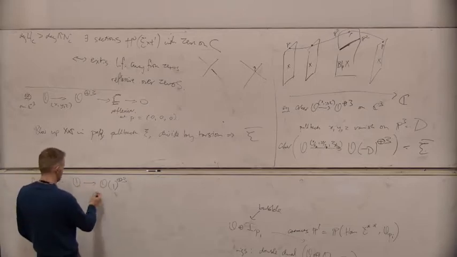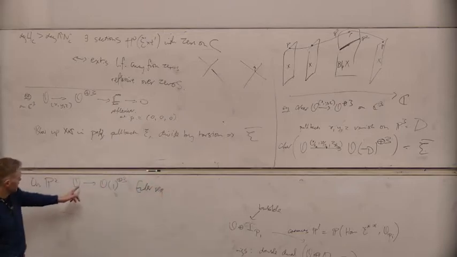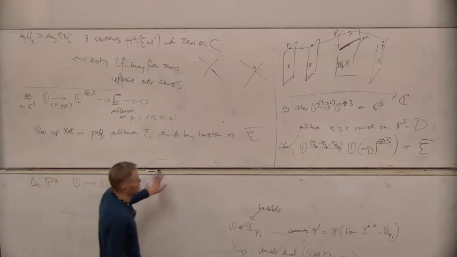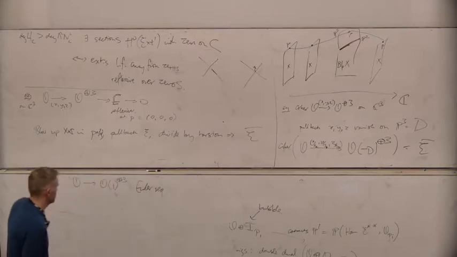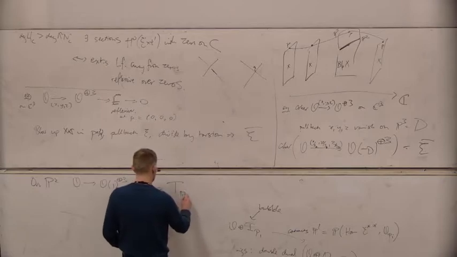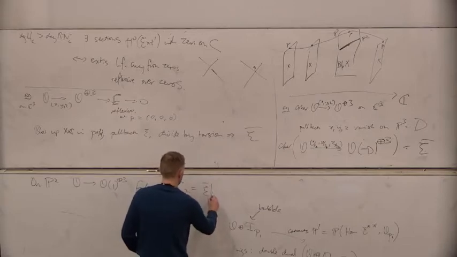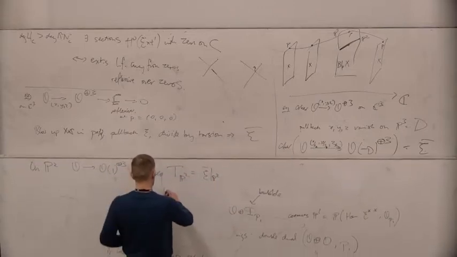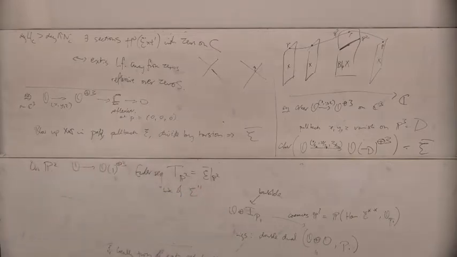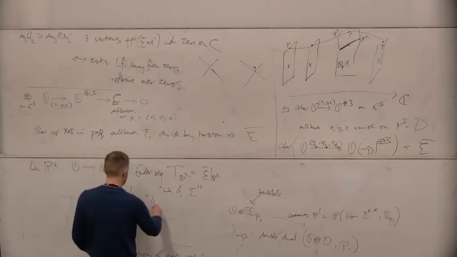And then this is just the standard map. From the Euler sequence, this is the tautological map. If you twist by O minus 1, it's O minus 1 sitting inside the vector space that P2 is the projectivization of. So this is a tautological map, and so the co-kernel here is the tangent bundle of P2. Okay, so this is E bar restricted to the P2, and this is what Simon would, I presume, call the link of E. And E bar restricted to the whole P3 would be something like the tangent cone